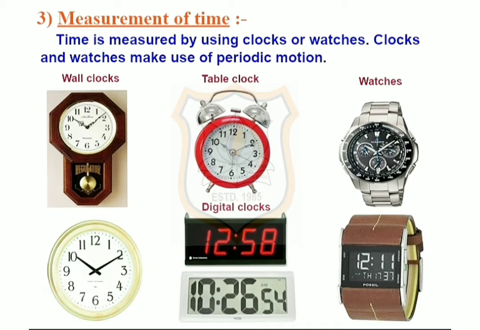Often we need to measure intervals of time which are much shorter than a day. Clocks or watches are perhaps the most common time measuring devices. Have you ever wondered how clocks and watches measure time? The working of a clock is rather complex, but all of them make use of some periodic motion. One of the most well-known periodic motions is that of a simple pendulum.